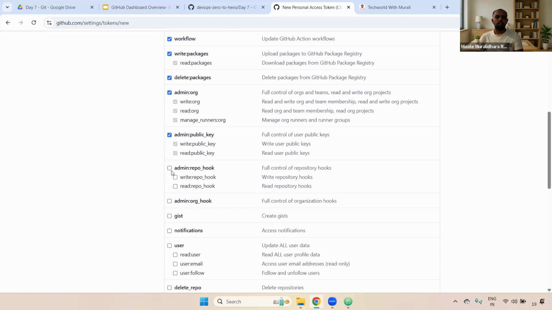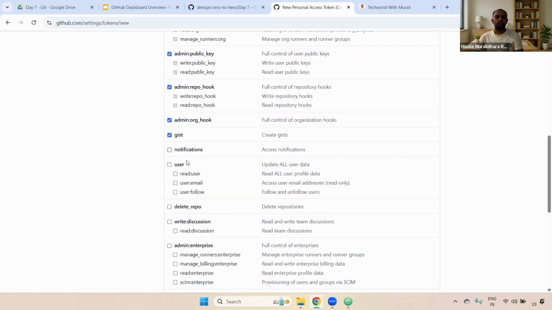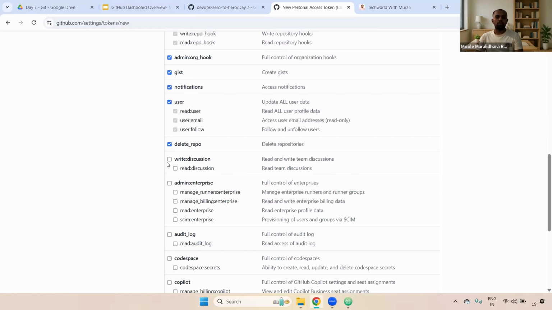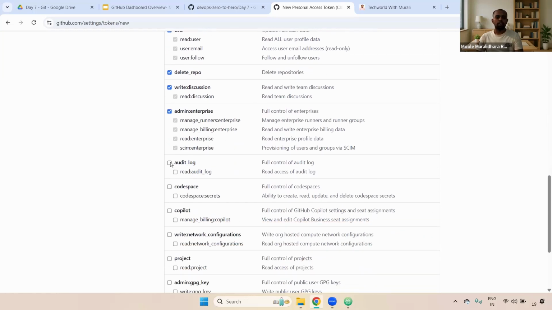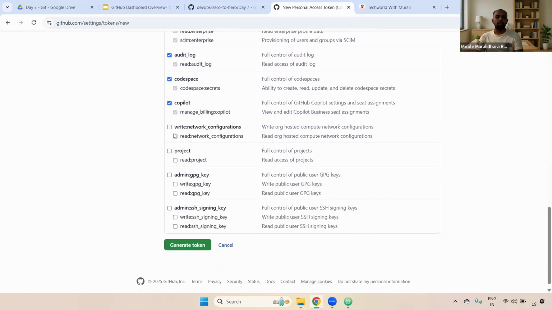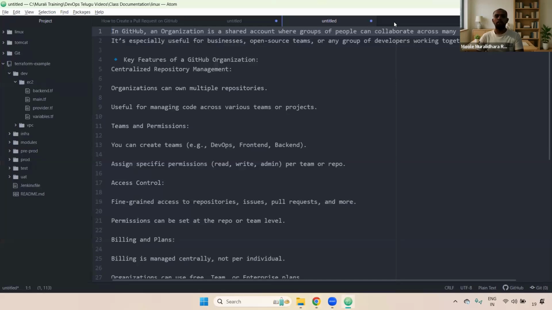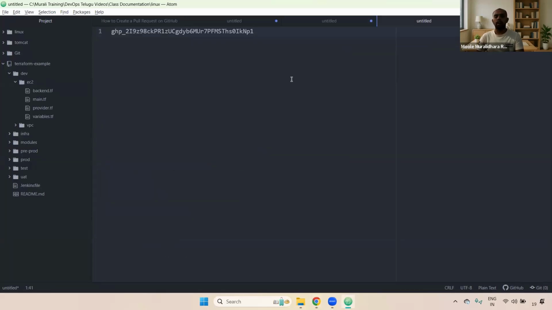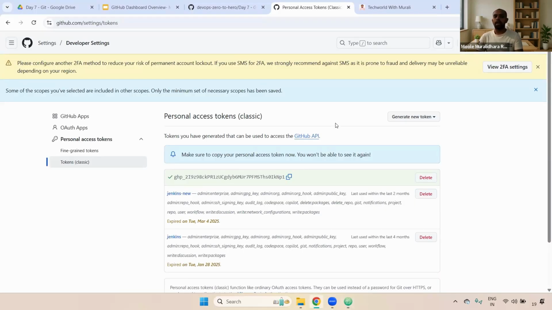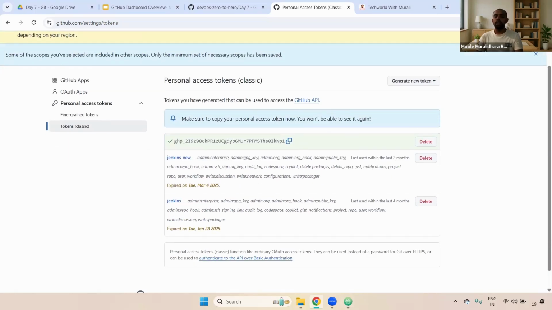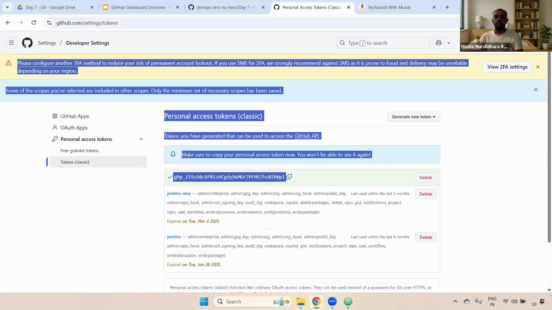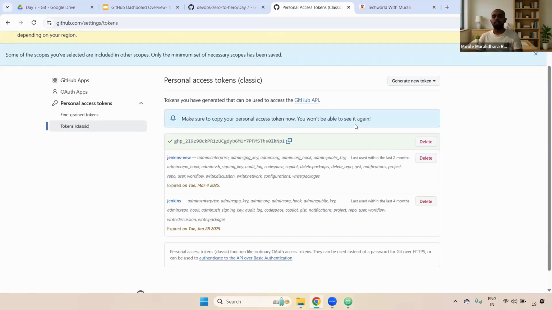Okay. And here you can come down. Now come down and select users, delete repo, write discussion, admin, audit, code, copilot. Everything I am selecting here. Just generate this one. Once you generate, you have to copy this particular password somewhere, guys. Once you lose this password, you can't get it back, so again you need to generate a new token. That's why I highly recommend, once you create this token, please store it somewhere. And also try to select the duration, whether it is required 1 day, 7 days, 1 month, 1 year,